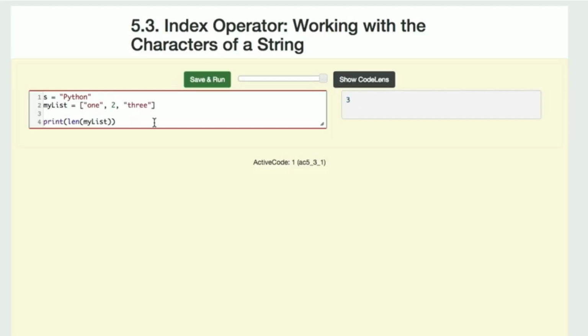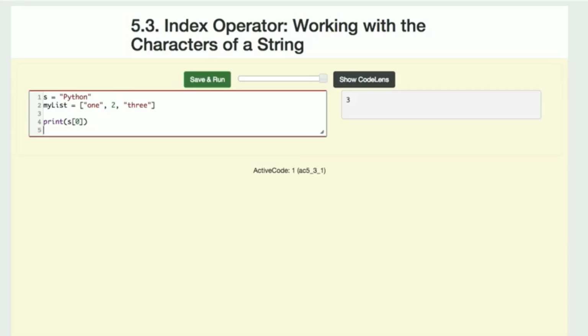Sometimes it can also be useful to get the last item of a sequence as opposed to the first item. Again, if we wanted to print the first item, I would say S sub 0. If I want to get the last item, I would say print S sub, and then I can write the length of S, but then I actually have to subtract 1 from that because S is 0 indexed. If I run this, then I see that printing out S sub 0 gives me the first character of S, which is a capital P, and printing out S sub length of S minus 1 gives me the last character of S, which is an